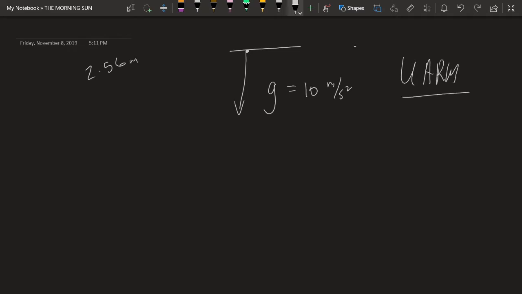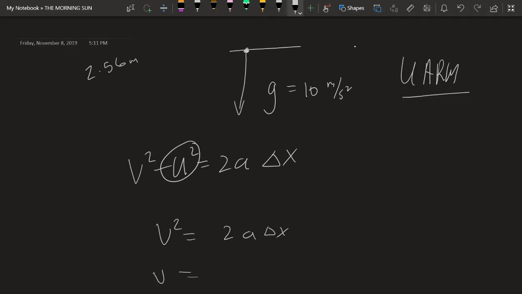A ball is released from rest at a certain height. What is the velocity after falling 2.56 meters? The ball is falling downwards from an initial height. So g is 10 meters per second squared, and it's positive since the ball is falling downwards. And since it's falling downwards with no action of any other force, it's UARM. Thus, v squared minus u squared is equal to 2a delta x. u is 0 since the ball started from rest, so v squared is equal to 2a delta x. Thus, v is equal to the square root of 2a delta x. In other words, v is equal to the square root of 2 multiplied by 10 multiplied by 2.56, and that should give you 7